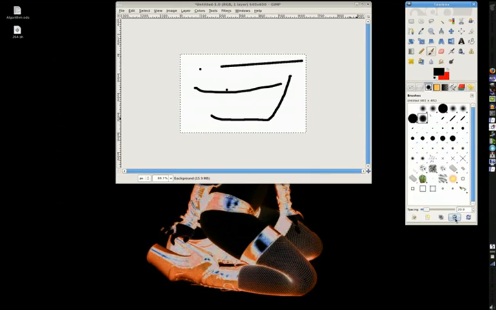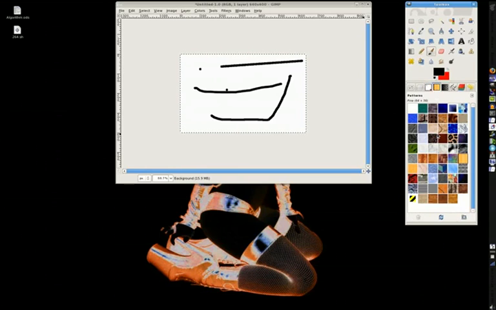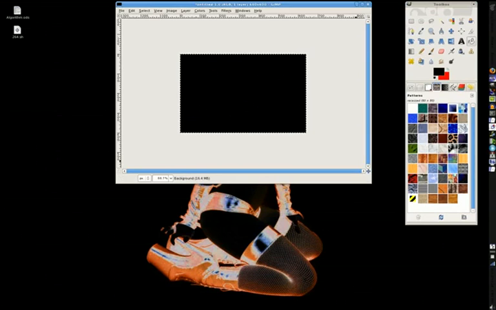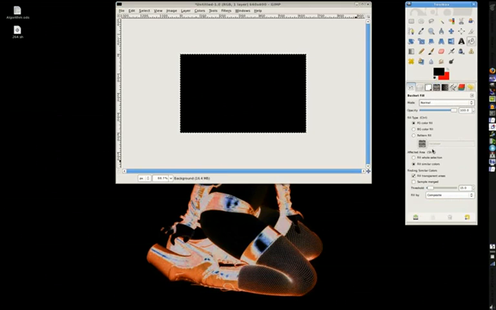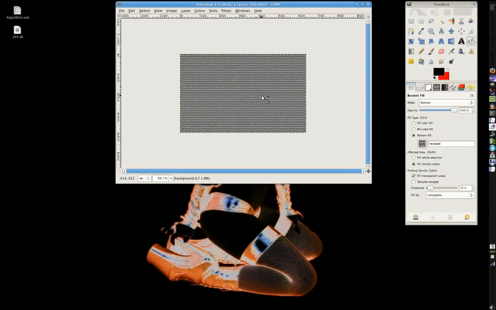And I actually meant to delete that brush. You can create brushes and delete brushes. Another thing you can do, I'm not going to get into on this one because it's a little more advanced, is create your own patterns as well. You just save them in your default patterns directory and load them up. A few of these are patterns that I created. You have to use the paintbrush to use them though, and then go down here to pattern fill. But anyway,